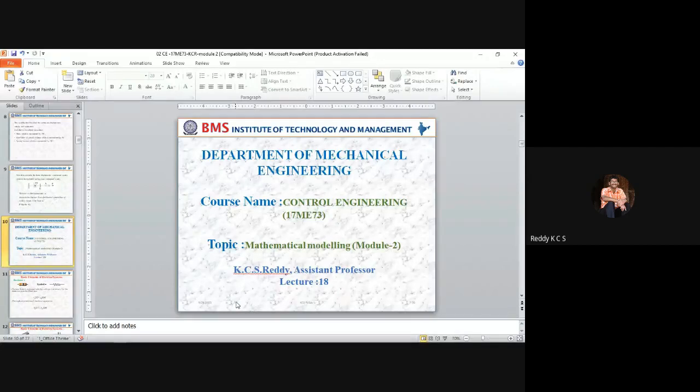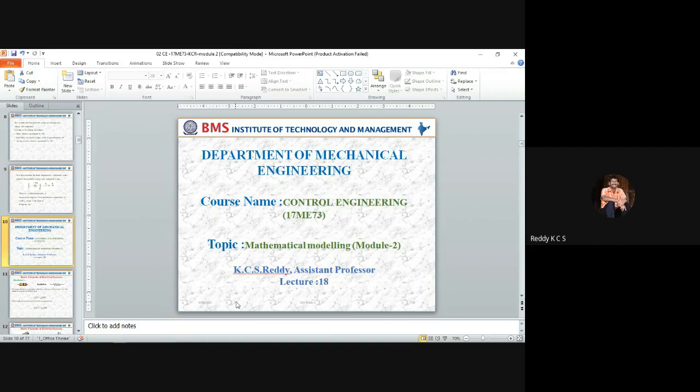Good morning. In the last class, we discussed mechanical systems and equivalent mechanical systems, and how we are going to do that. Any mechanical system has only three elements: the mass, spring, and damper. When a force is applied, all these elements undergo displacement, velocity, and acceleration. With a mass element, we have acceleration, with the damper there is velocity, and with the spring there is displacement. So this we have discussed in the last class.